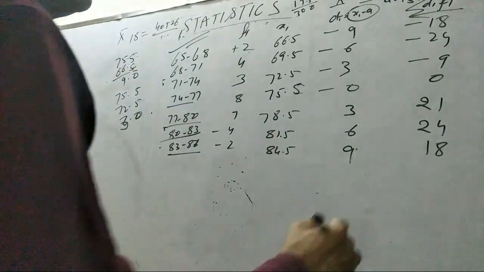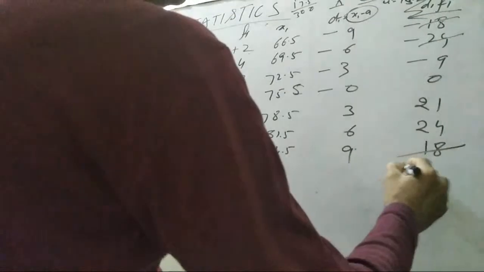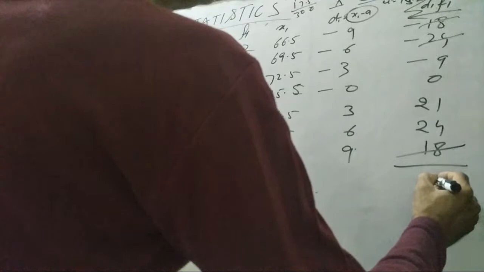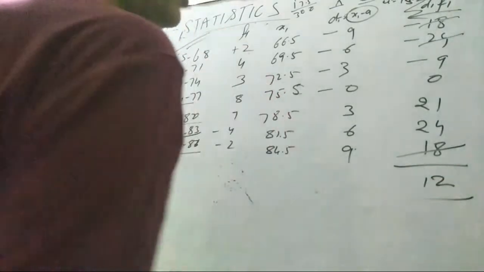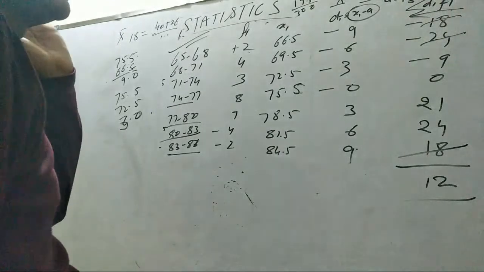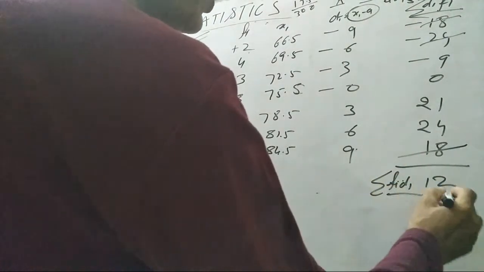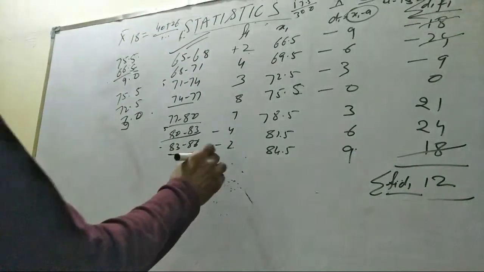Now 24 18 cancel and this is 3 12. हमारे पास क्या आएगा? F1 into D1 sigma F1 D1 is equal to 12 and here is frequency